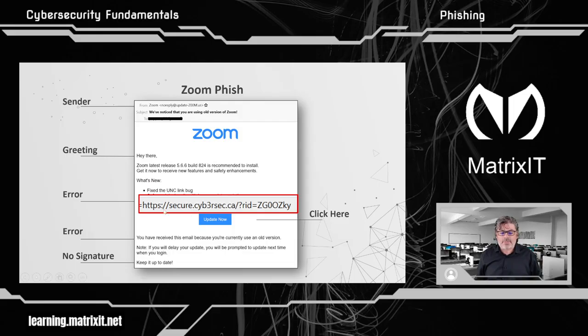This is not Zoom. It's far from Zoom. So now you know that with all of these things that are wrong, plus the link is wrong, you've got a problem. This is fake. We're not clicking it. We're going to delete it. We'll go tell our IT that we're getting it, or the person responsible for the computers, and they can look, maybe block something from this email address.